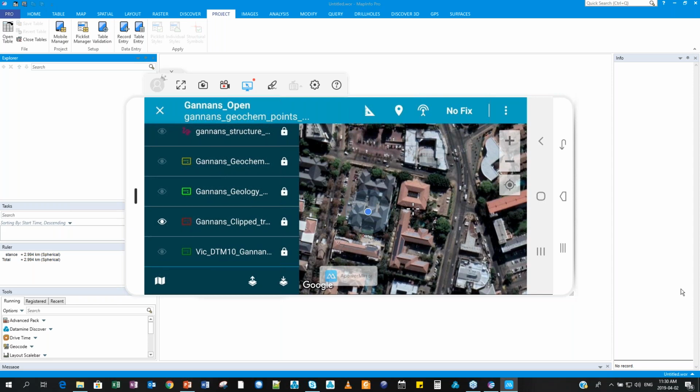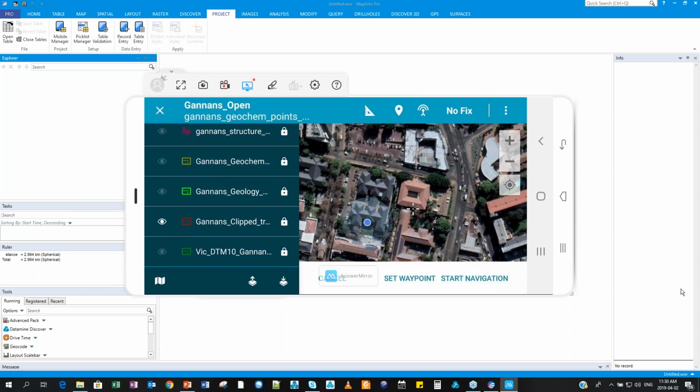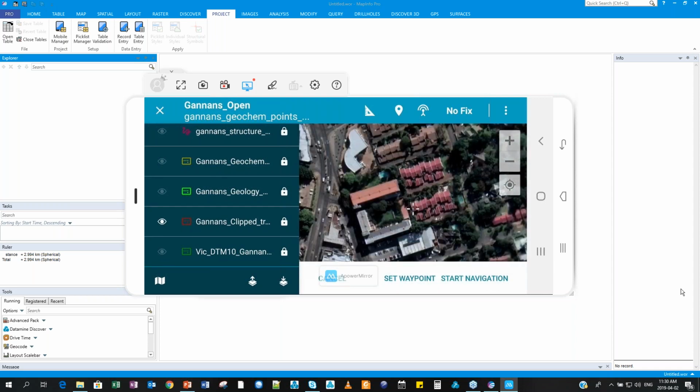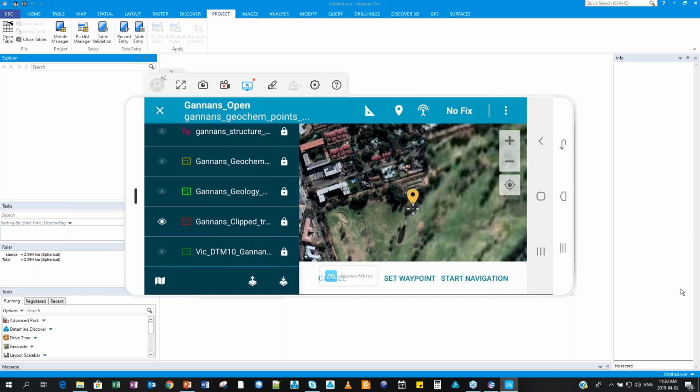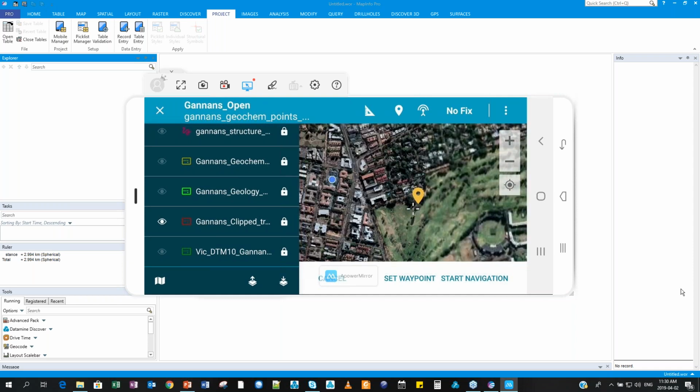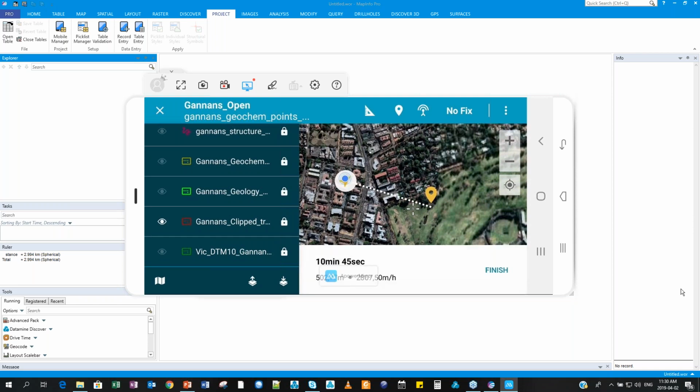So if you have a specific soil sample that you want to navigate to, we hit this little button here, and let's say I've got a soil survey over there. We set a waypoint, and if I click start navigation, it's telling me it's about a 10-minute walk, 500 meters. Okay,